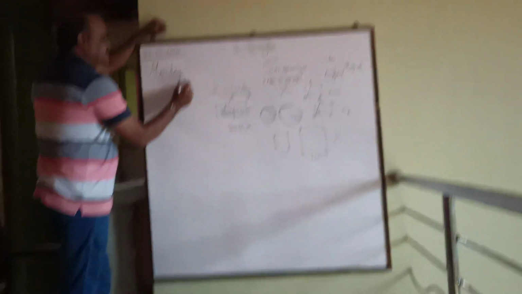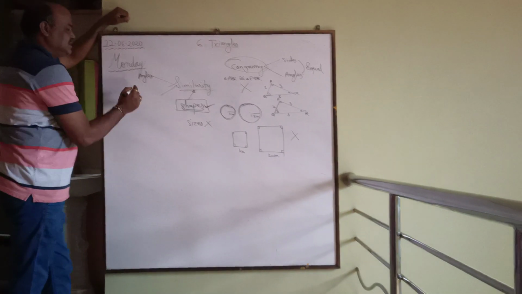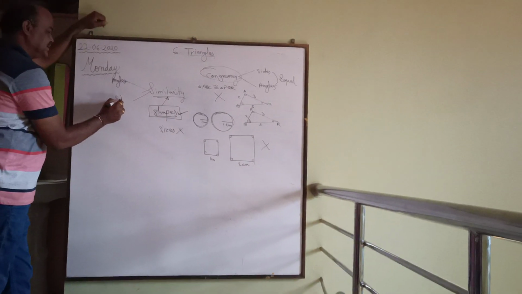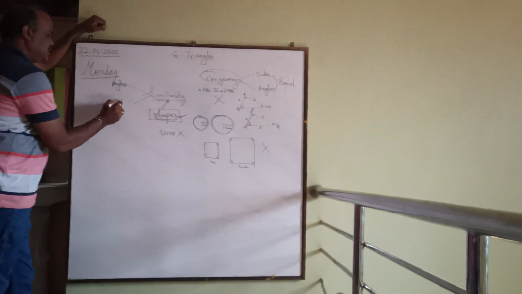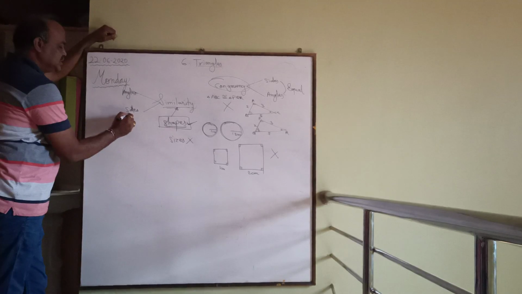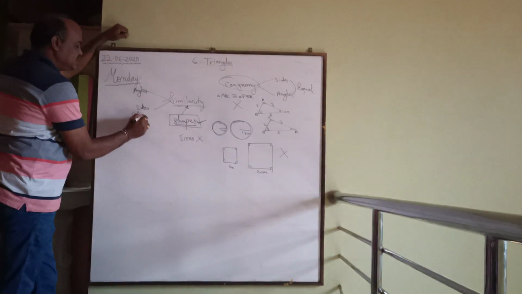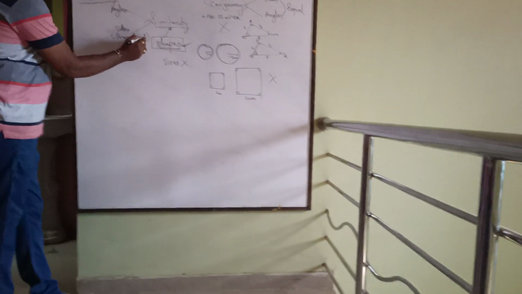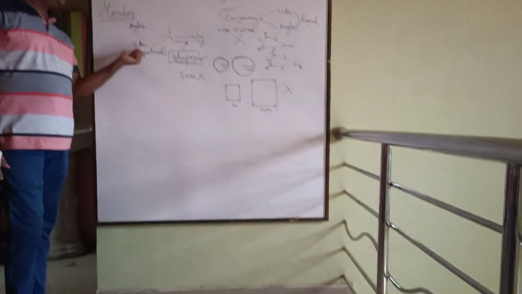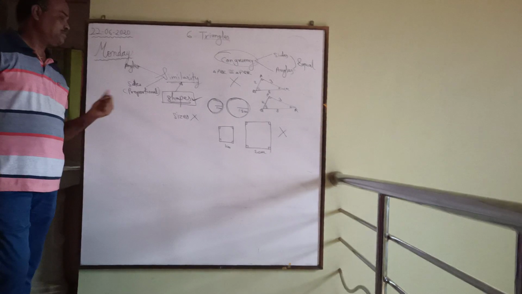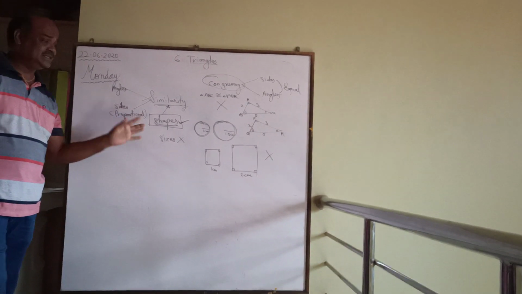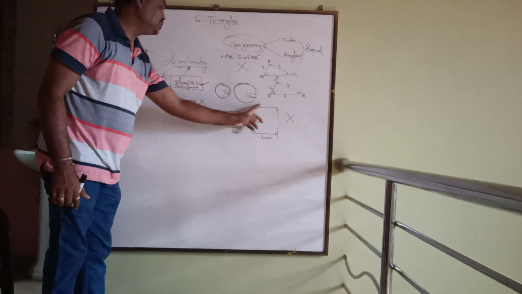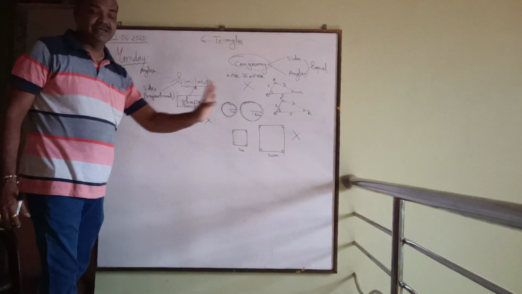That means one thing we come to know, that for similarity of triangles, what we need is corresponding angles equal and corresponding sides only proportional. Of course, I will elaborate what is proportionality. I said that the sides are proportional: 1 upon 2, 1 upon 2, 1 upon 2, 1 upon 2 regarding squares.